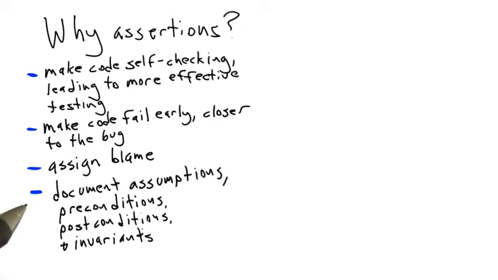And the final reason we like assertions is because they allow us to create executable documentation about assumptions we've made, about preconditions in our code. And so by writing down executable checks on our preconditions, we not only get to check these preconditions when the code runs, but also we're documenting for other developers the things that need to be true for that code to execute correctly. Post conditions are things that are supposed to be true after our code runs.